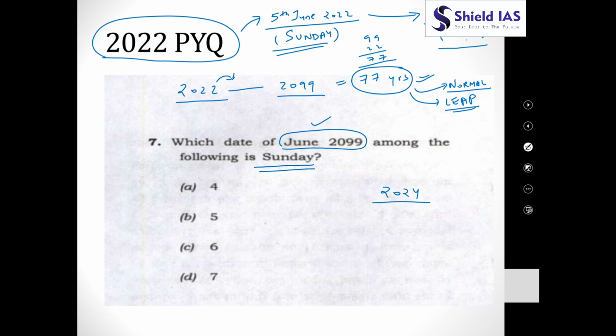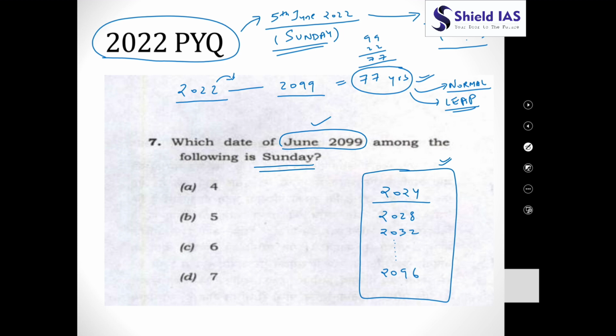So 2024 is a leap year. The next leap year would be 2028, the next 2032, and the last leap year would come out to be 2096. Leap years generally are at 4 years interval, right? But